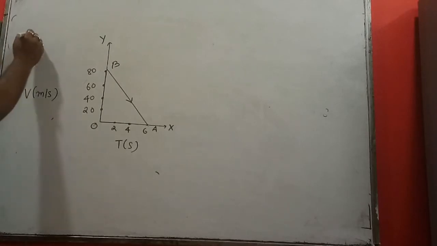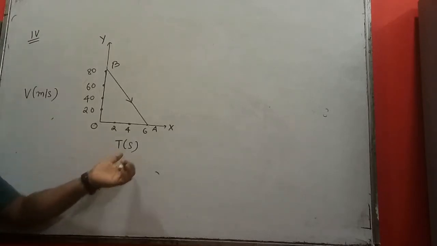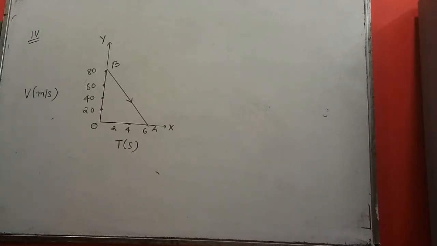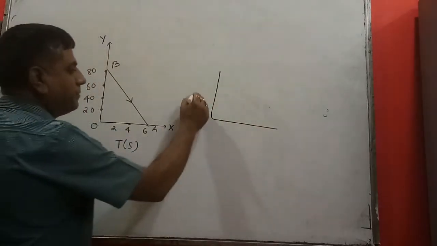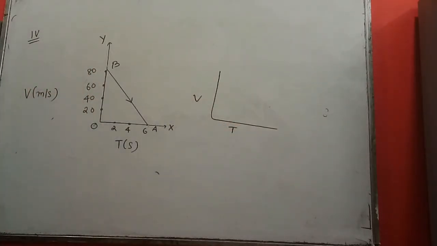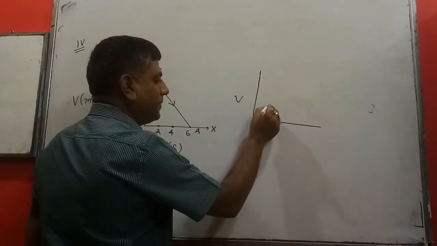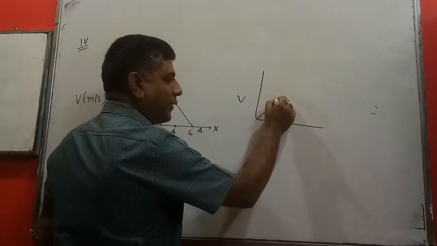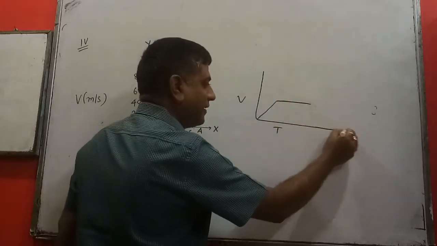Then the last case, this one. So here again y is velocity and x is time, because we are in a velocity-time graph. First you observe the graph. Okay, you see, velocity time. Your father is driving his car. Speed is increasing. On the highway, moving with 120 km per hour, the car is moving with constant velocity, isn't it?